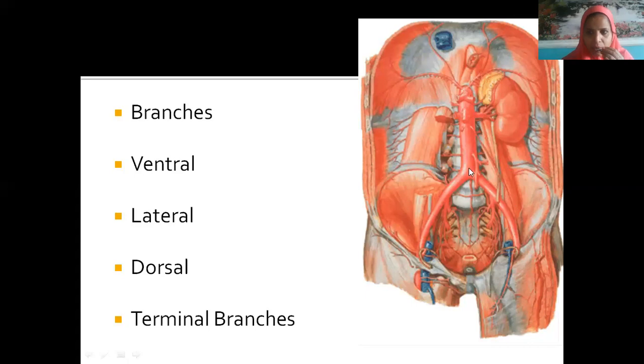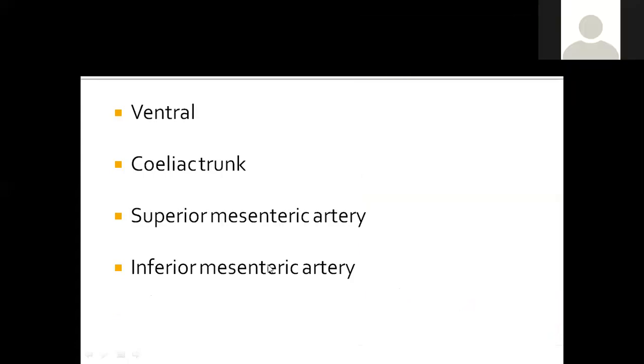What is this artery going down? Gonadal. Very good. What are these arteries? Lumbar arteries. Very good. What is this artery? This is actually the median sacral artery, from behind, in fact. Very good. What are the terminal branches? Common iliac. Very good.